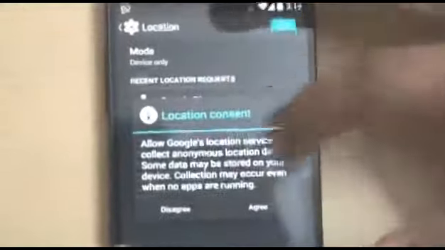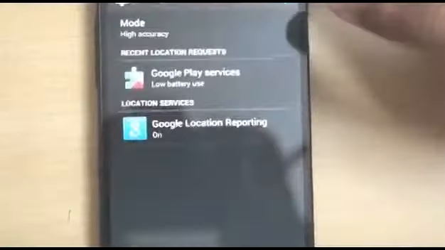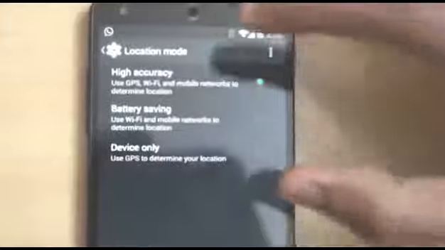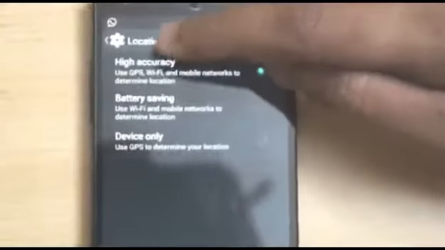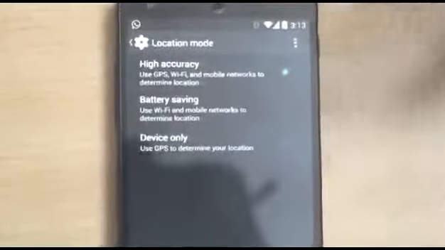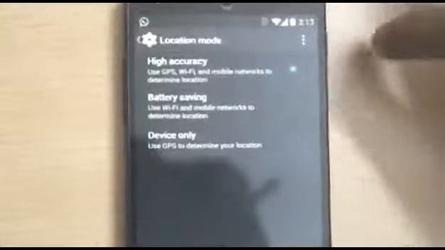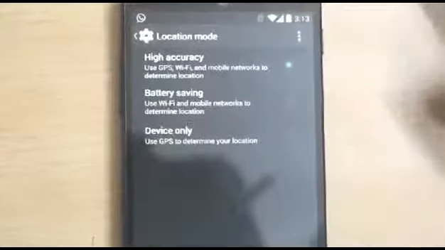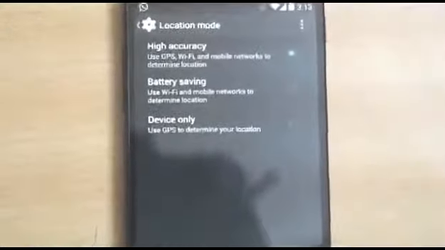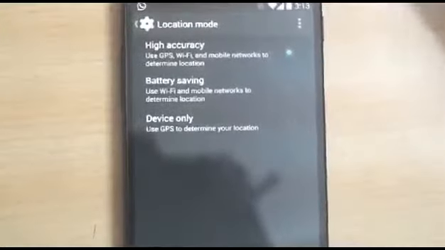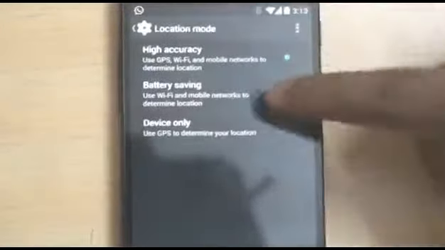Then we come to the location settings. So location, I basically keep this feature off. If you just keep it on, then it will ask you for a confirmation. And in the high accuracy mode, it determines your exact location usage, but it uses a lot of juice, so you just don't want to spend that amount of battery because I don't use that much feature anymore.